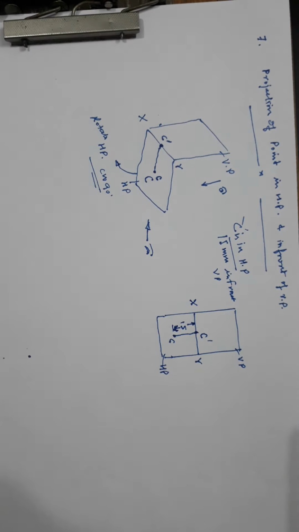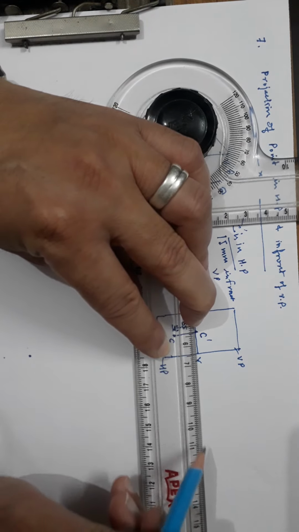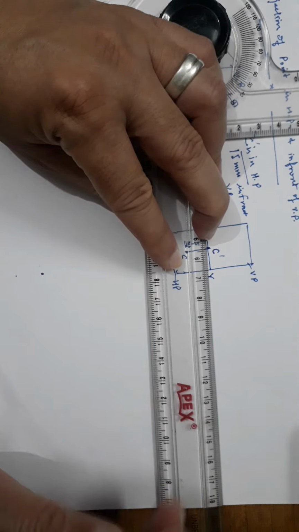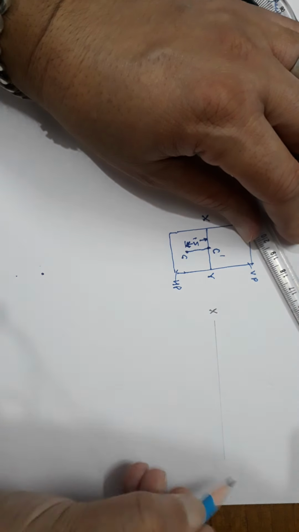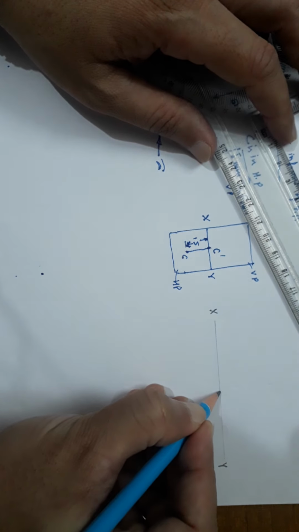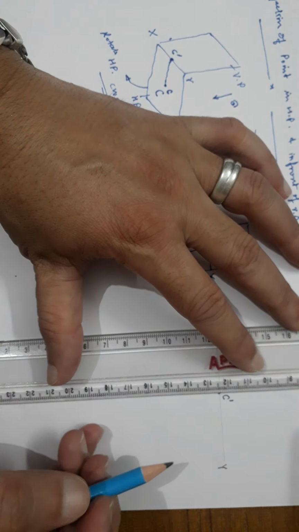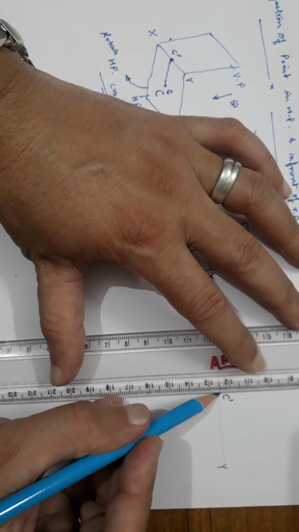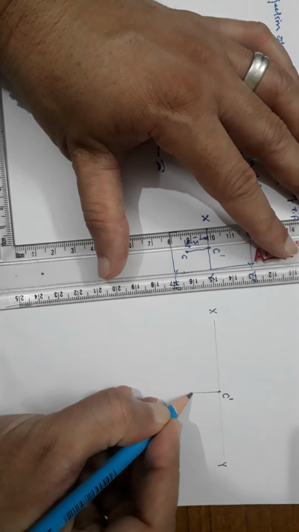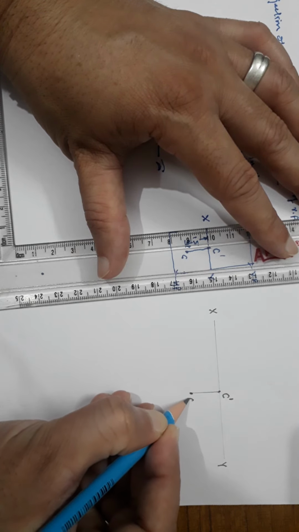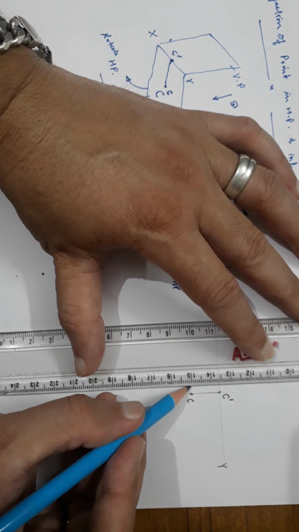Now I will show you how to do it on your drawing sheet. Again, step 1 is you need to draw the XY line. So this is the XY line and C dash is on XY. This is C dash and C is below the XY line at some distance, given here as 15 mm. So I am drawing a continuous thin line. This is the projector line. So this is C. Always draw a dot to show the projection of the point.